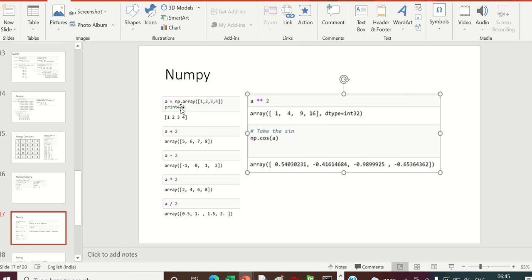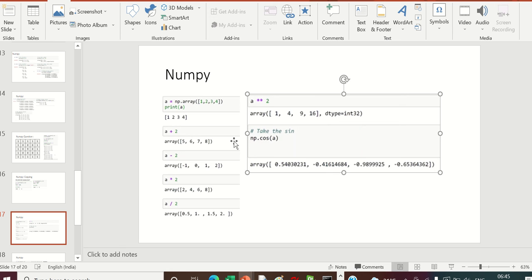Then this is np.array 1 2 3 4. We can do mathematics. If you want to add 2 to all the numbers, you can do plus 2, then 5 6 7 8. Wait, how come it became divided by 2?